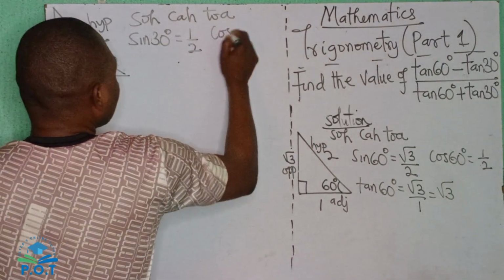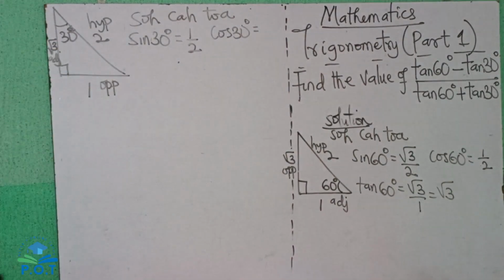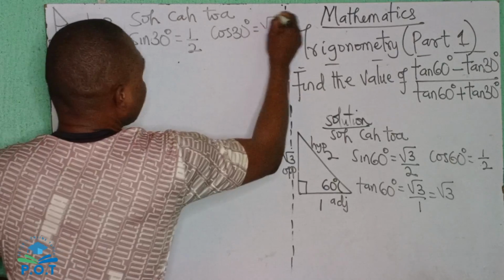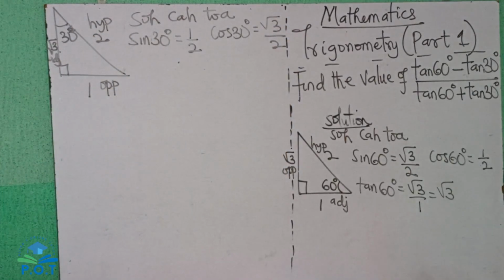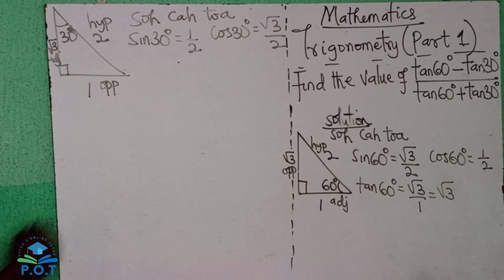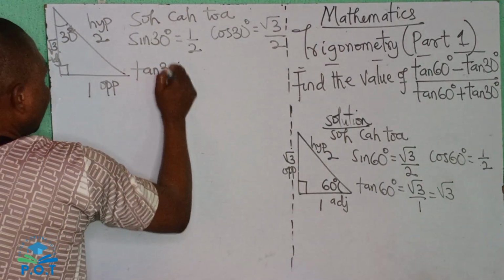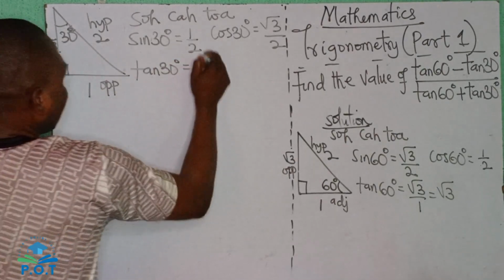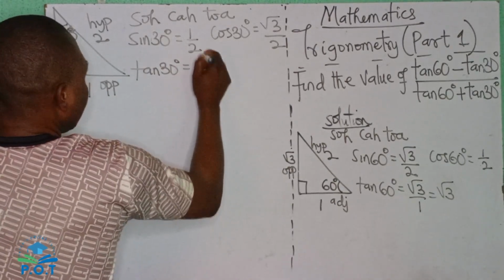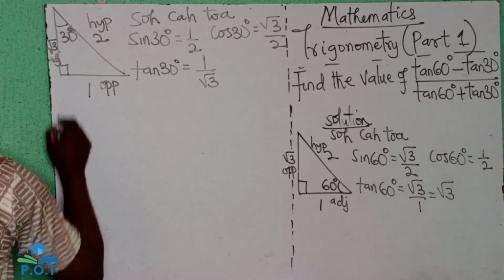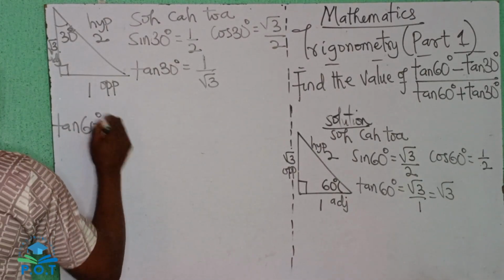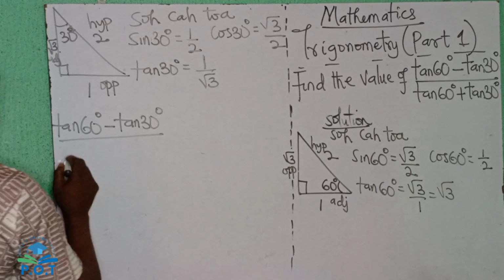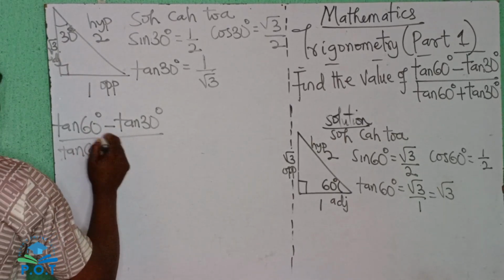Now cos 30 degree, that is adjacent over hypotenuse, that is root 3 over 2. Then for our tan 30 degree, tan 30 degree is opposite over adjacent, that is 1 over root 3. Okay. So now, if I have tan 60 degree minus tan 30 degree over tan 60 degree plus tan 30 degree,